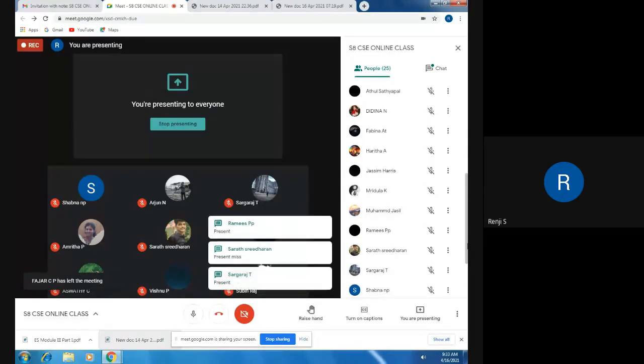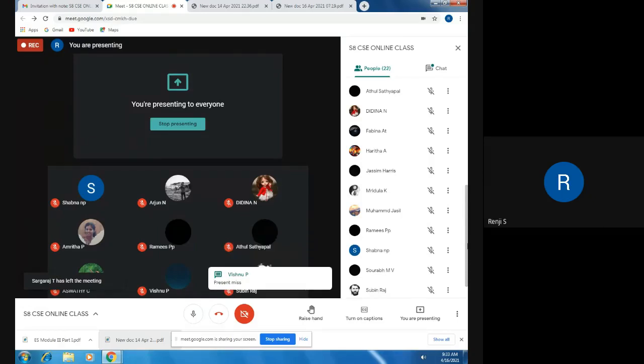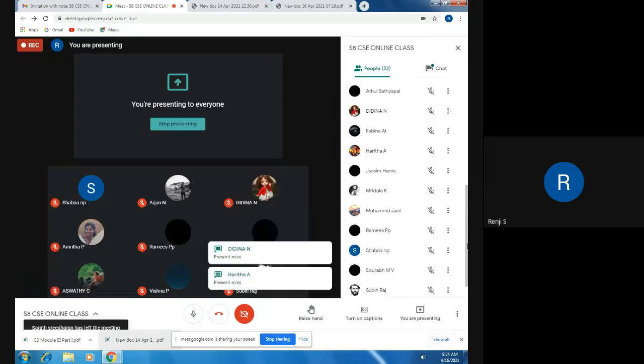Number 23. Number 24 under 26. Number 27. Number 28. Number 29. Number 30 Amrita. 31. 31 Ashwati. 32. 33. Number 3 Amal Santosh. Okay, absent is 5, 9 and 16.